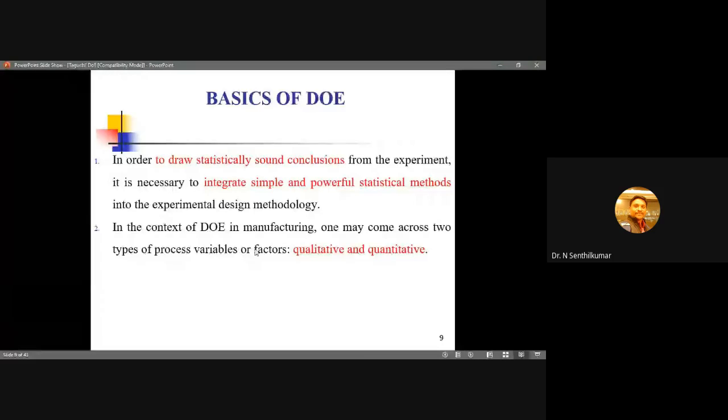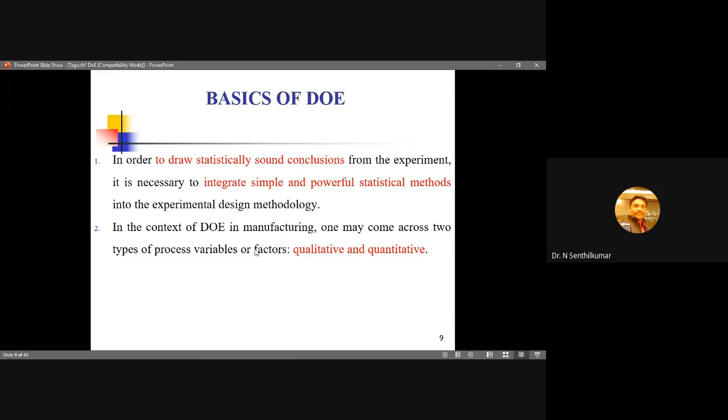Right. In the concept of DOE, in any DOEs, mostly we will be considering two types of process variables. One is qualitative and the other one is quantitative. What is qualitative and what is quantitative? Quantitative means numbers, values. Cutting speed, I am going to consider the value of 100 meter per minute, 200 meter per minute, 300 meter per minute. That is